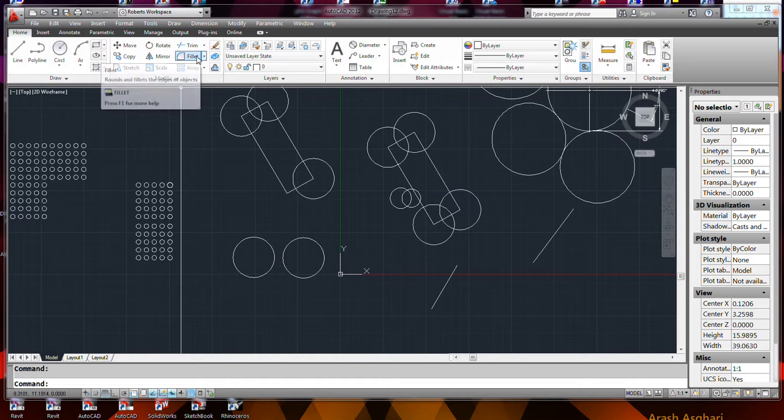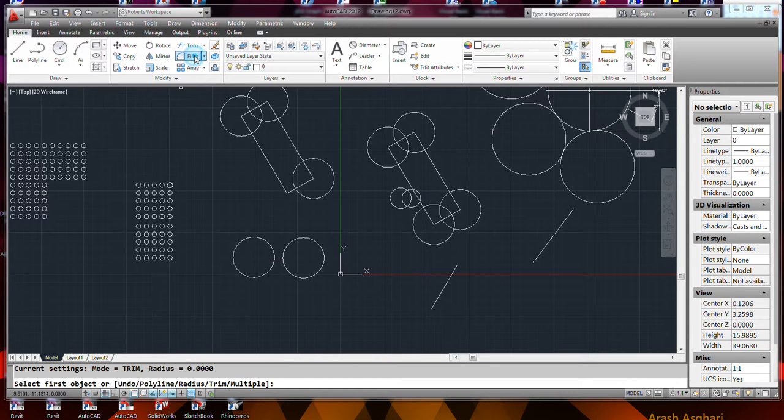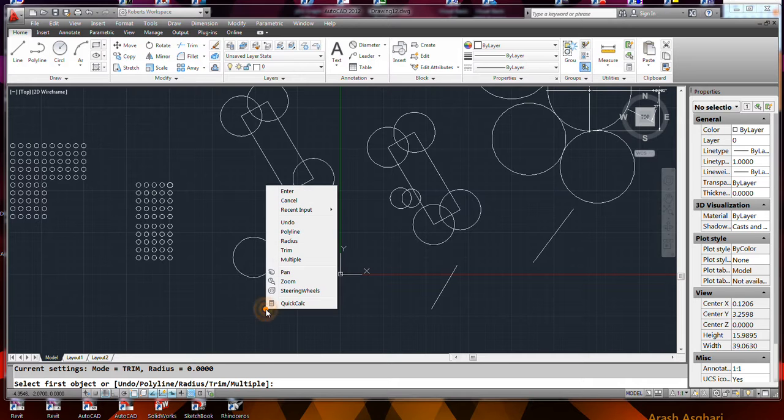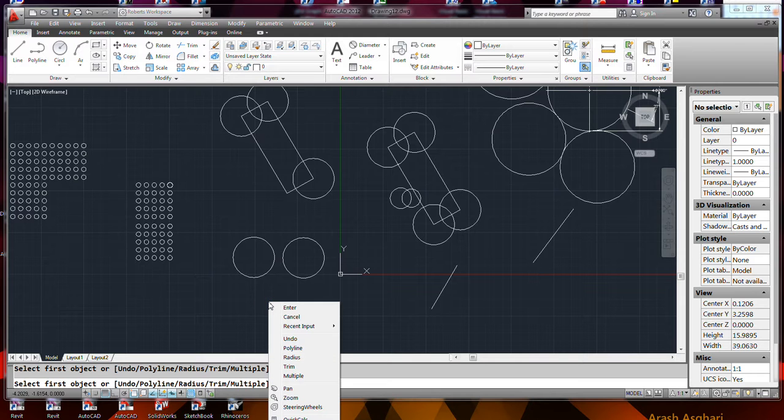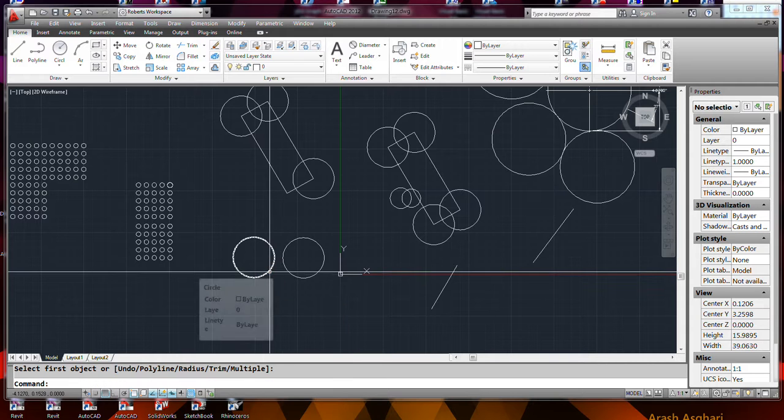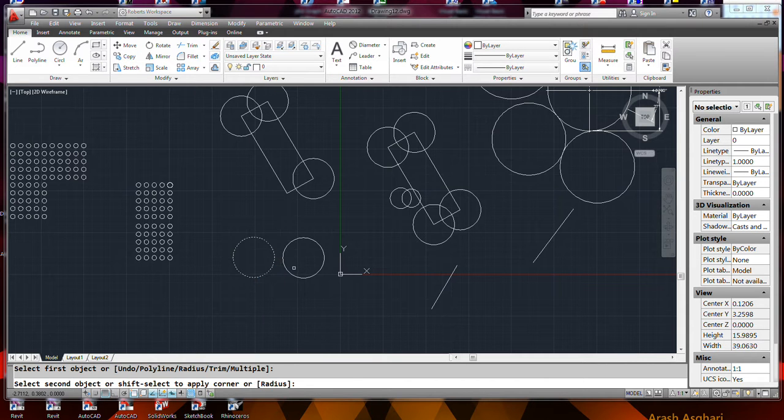Okay, the fillet command here is rather interesting, because it does have a multiple setting, and your left click, right click mouse menu changes depending on the command. So, set trim options, etc. But what's kind of cool,